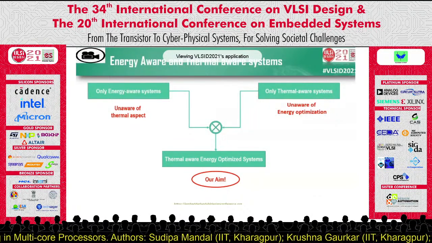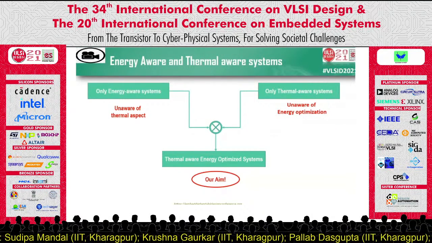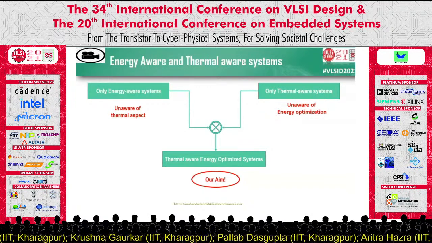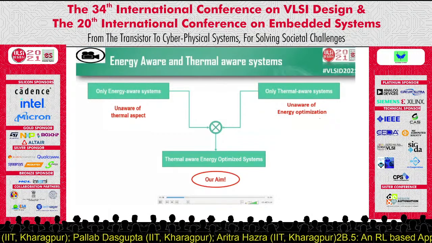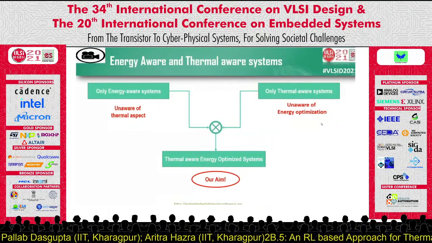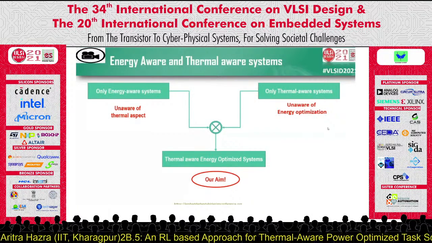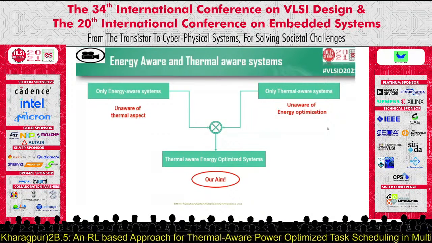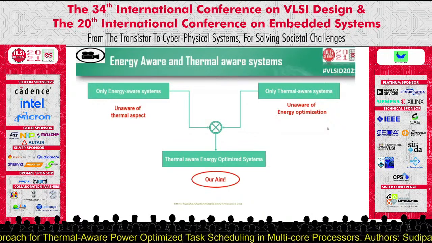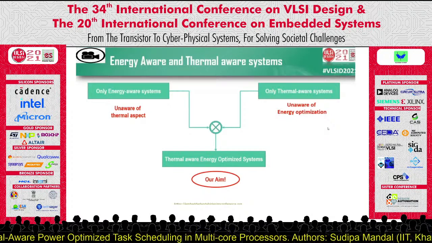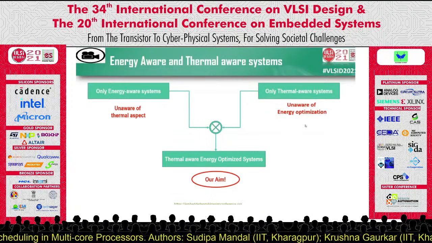On the other hand, in only thermal-aware systems, approaches like deadline-based task allocation and several ML-based systems work quite well for reducing thermal hotspots, but energy consumption is paid little attention. Several approaches with both energy and thermal awareness have been proposed. However, very few have explored reinforcement learning for this use case. Most of the few RL approaches focus on either the thermal or the energy factor. Our main aim is to use an RL approach to strike a balance between the energy and thermal goals.